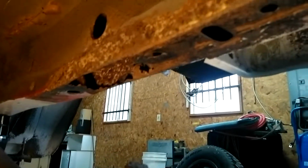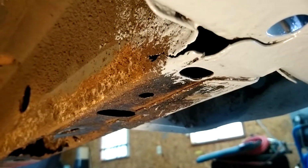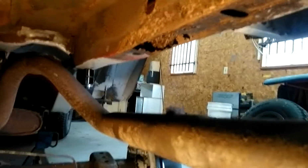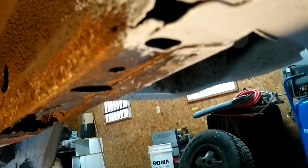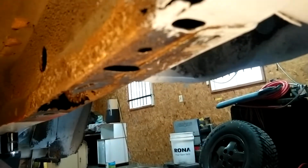There you go. So pretty much, and it looks like it has a crack there as well. But I went down the whole chassis, and this is the only spot I can figure. And you know what I really think causes the stress here? Well, obviously the rust and the salt and all that, because there was like a hitch, and there was a weird